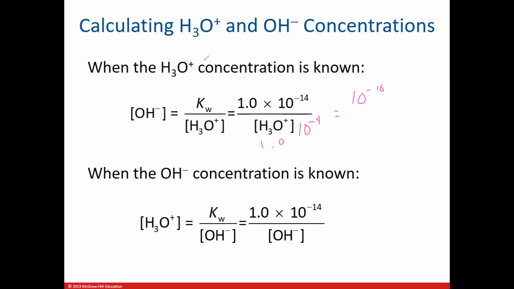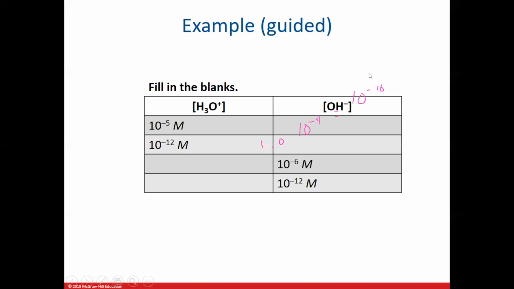The exponents had to add up to 14. And so these were the kinds of examples that we did in lab, where if I knew the value of one, I could easily find the value of the other,